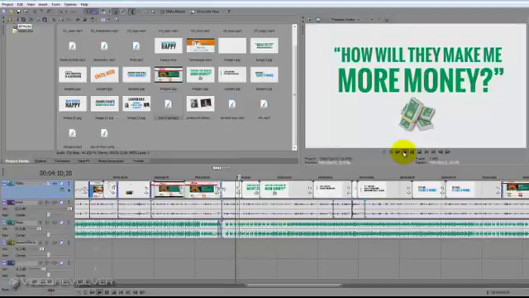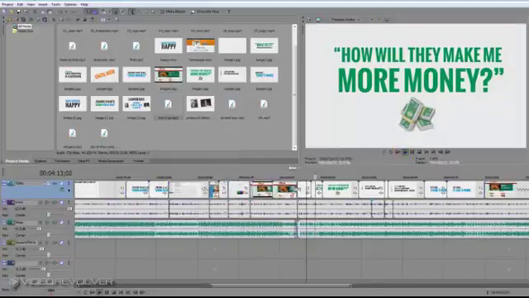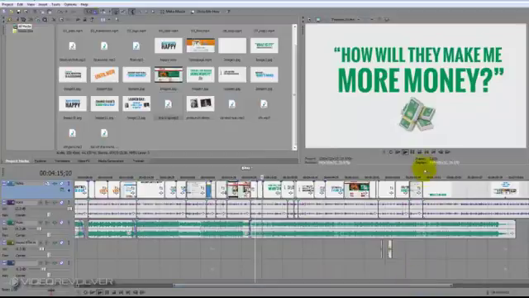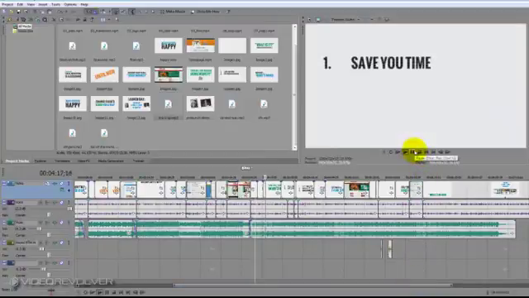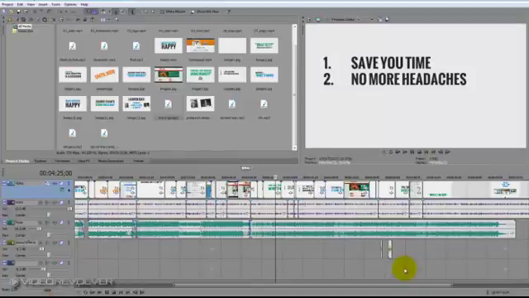Oh, but how is this going to make me more money? Well, for starters, since our themes are so extremely easy to use, they're going to save you lots of time. You'll never have to touch another line of code again to make simple edits to your themes. You or your web